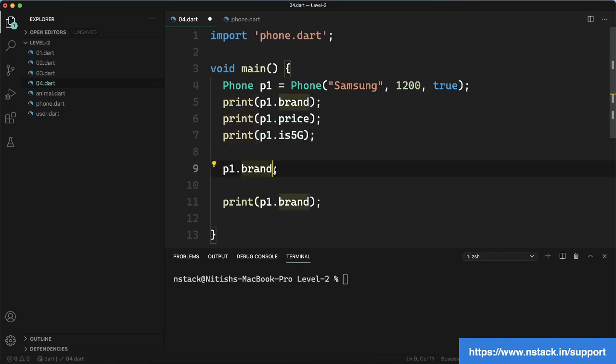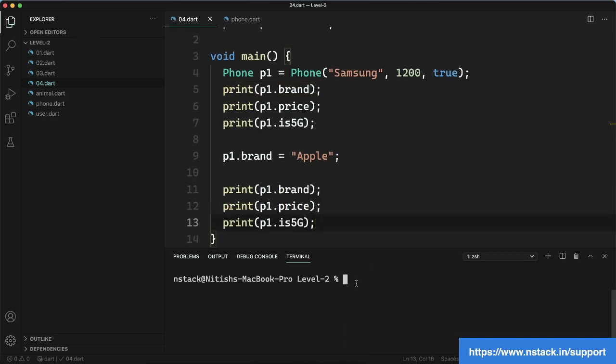We will write p1.brand equal to, let's make it Apple. Now we are printing the values associated with p1, then changing the brand to Apple. Let's print all the properties, that will be much better.